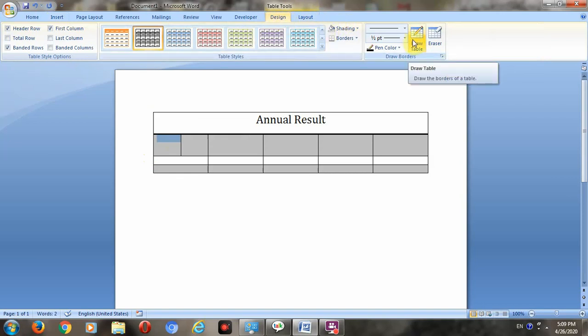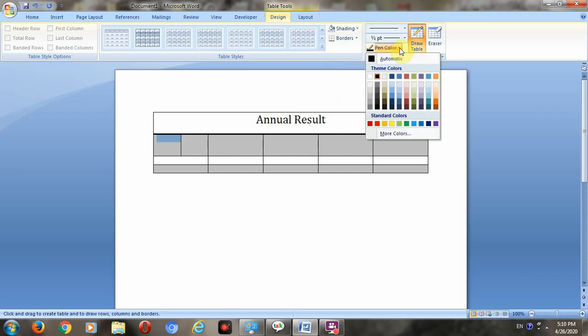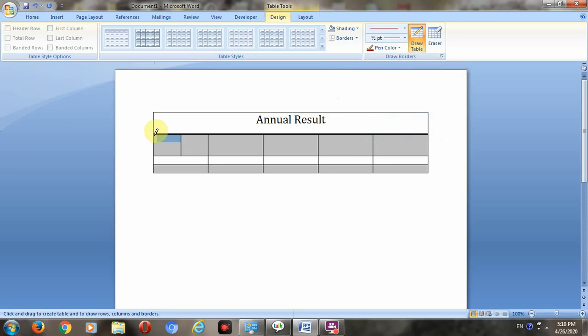Click on it and one pen sign will appear. This is the pen sign, and you click on the color, say red color, and then draw one diagonal line from here. See, like this we create one diagonal line.